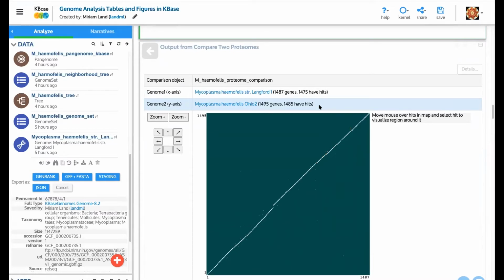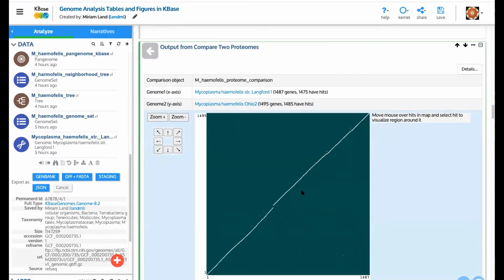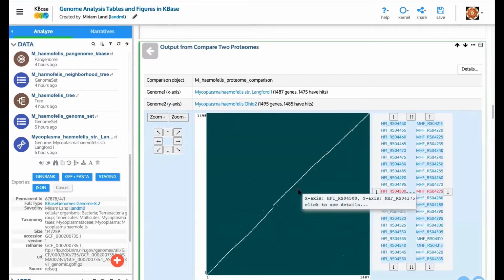This was designed to primarily be a way to navigate through here and do online. It is not for taking a nice little picture and downloading it and slapping it into your genome announcement. And it is strictly a two-genome process here. I don't want you to spend time on this and then be disappointed. It has its place, and I'm not going to try and navigate through here because